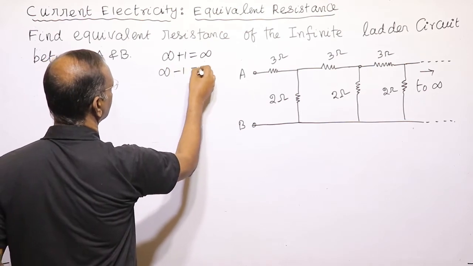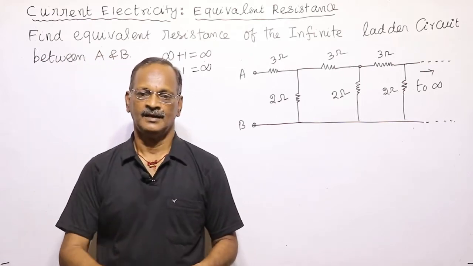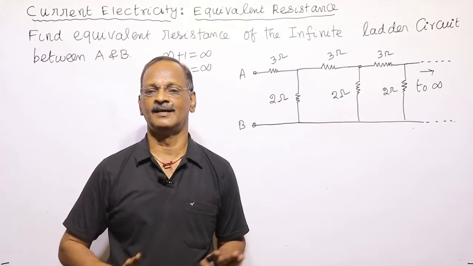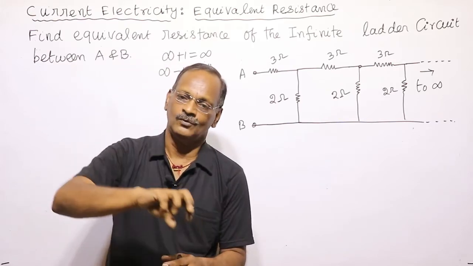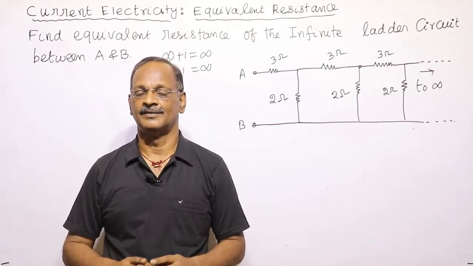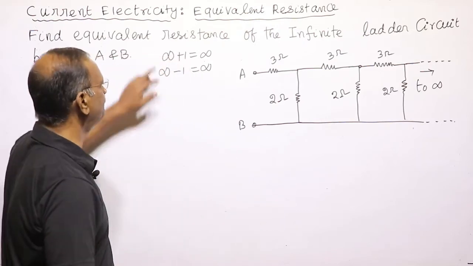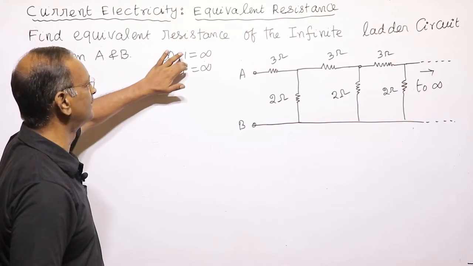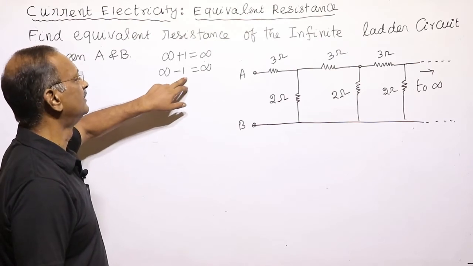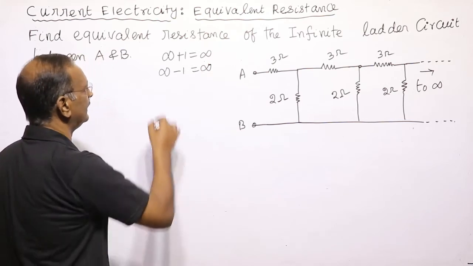Infinite minus 1 is equal to infinite. Why? If you take a glass of water from the sea, it does not make any difference. It will remain an infinite amount of water. If you add 1 glass of water to the sea, it does not affect the sea. Again, it remains an infinite amount of water. Same way, with an infinite quantity, if you add something, it becomes infinite. If you subtract something, it is again infinite only. So we will use this funda here.